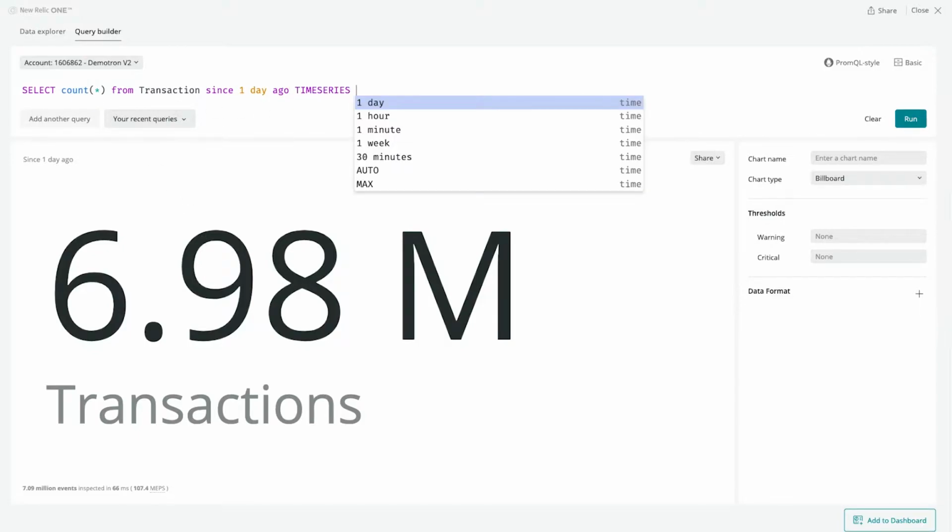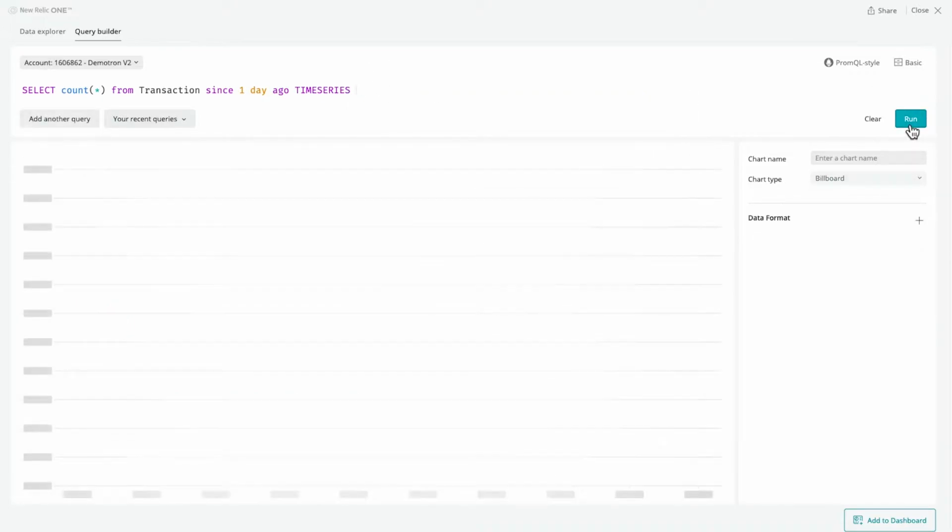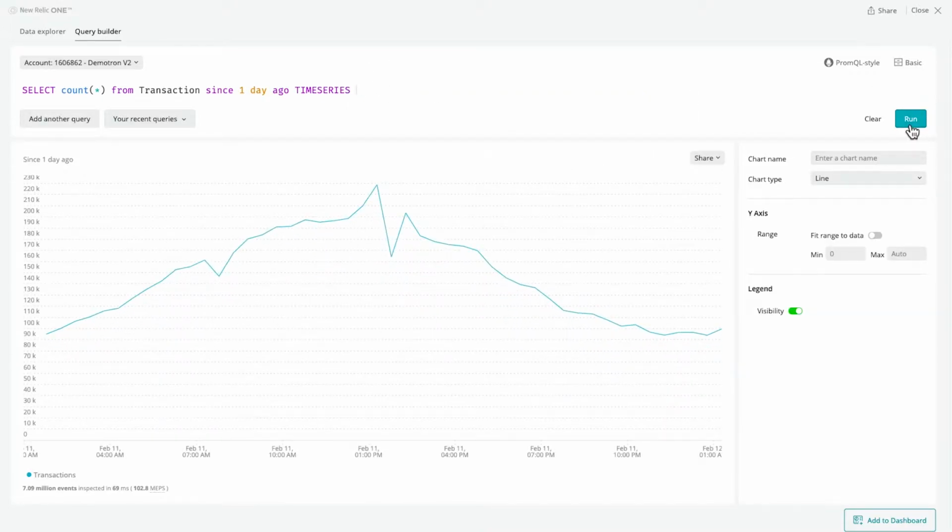If we simply add the time series keyword to this, it will render on a chart across the day. Each point on the chart is the value for a certain time period. So you can see as I move the mouse, the time period changes. So it's 8:47, 9:17, 9:47, 10:17. So in this case, the gap between the points is 30 minutes, and we call that a bucket. So that's our bucket size, 30 minutes.